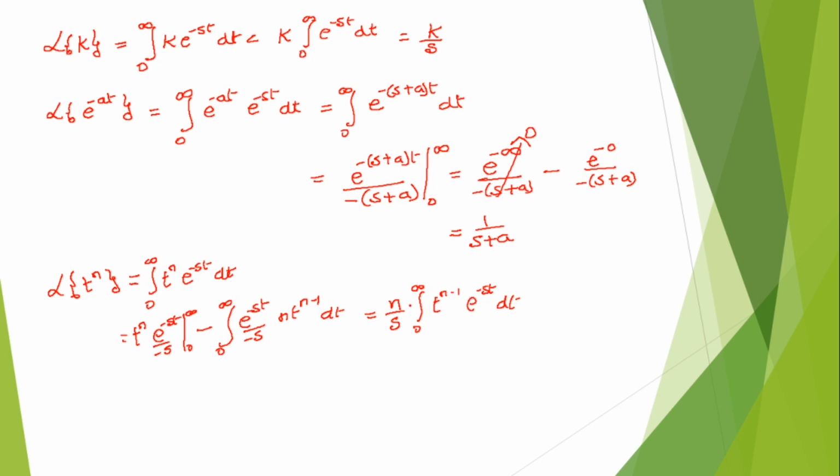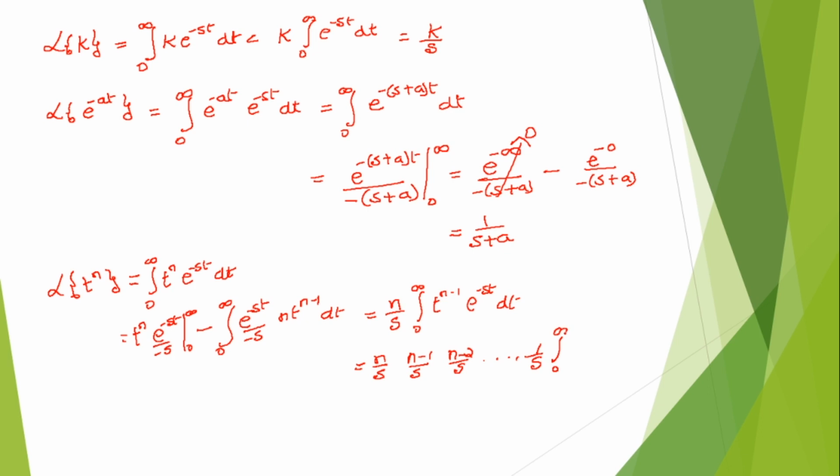Now this and this are similar. Instead of t to the power n, it is t to the power n minus 1 e to the power minus st dt. So what will happen? Then it becomes n by s into n minus 1 by s. So continuously it will repeat in such a way that n by s, next time this integration will become n minus 1 by s, then this becomes n minus 2. So next n minus 2 by s, continuously up to 1 by s